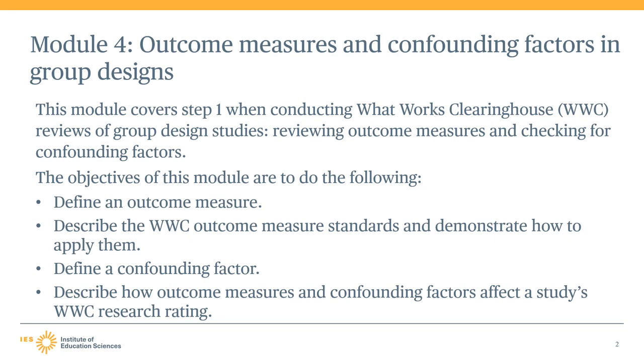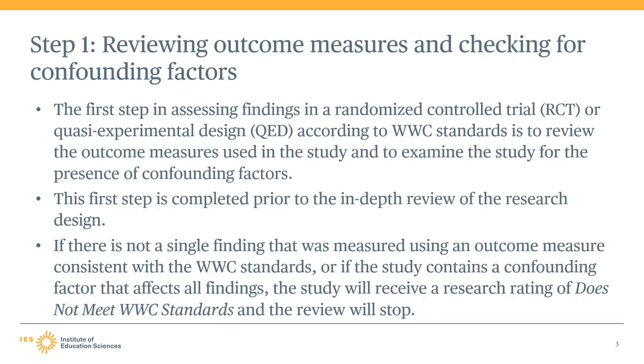The first step in assessing findings in a randomized controlled trial or quasi-experimental design according to WWC group design standards is to review the outcome measures used in the study and to examine the study for the presence of confounding factors. These are really two steps, but they are presented together because they are usually completed prior to the in-depth review of the study's research designs, because it is at this step when the WWC determines whether